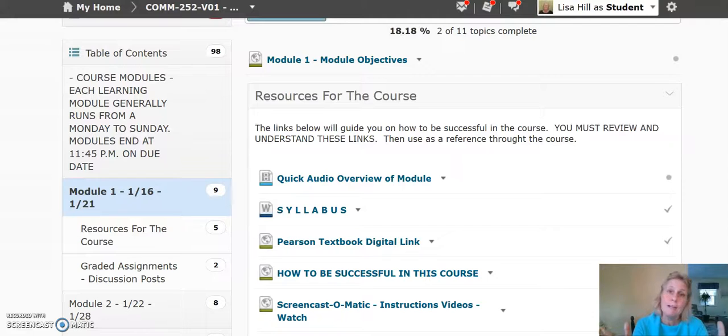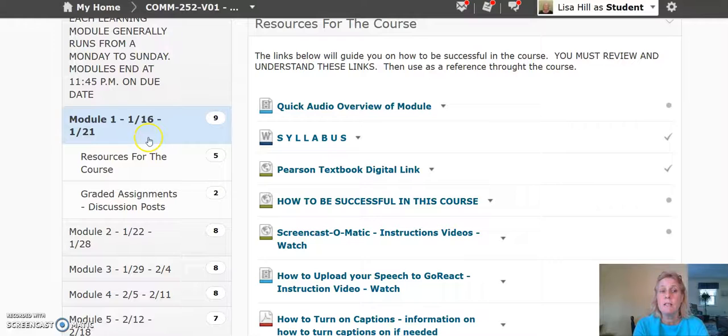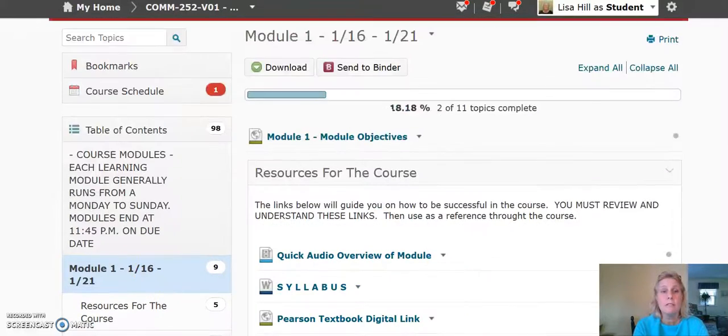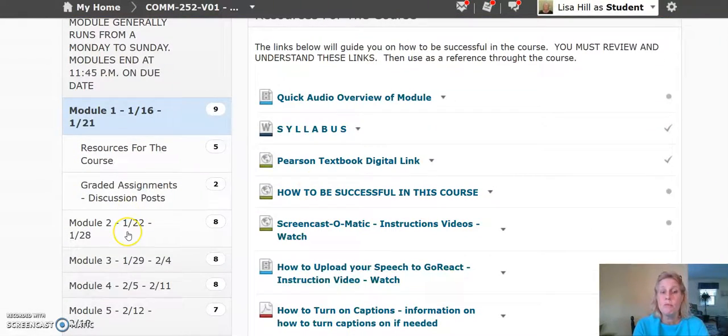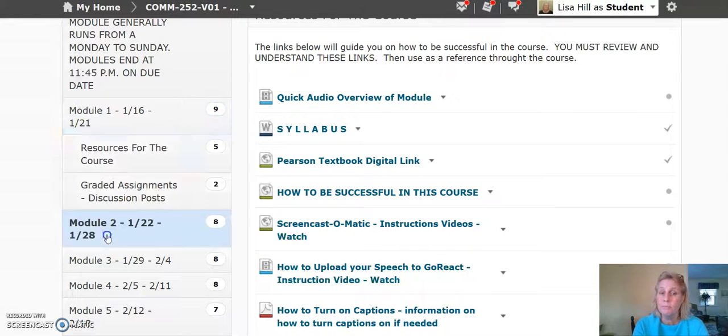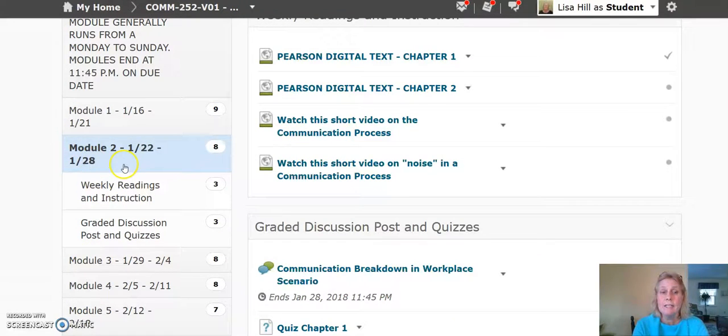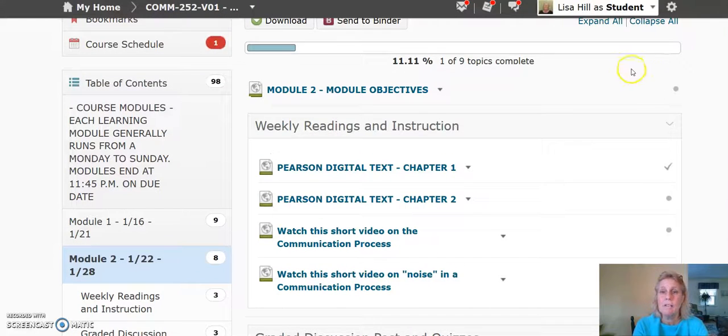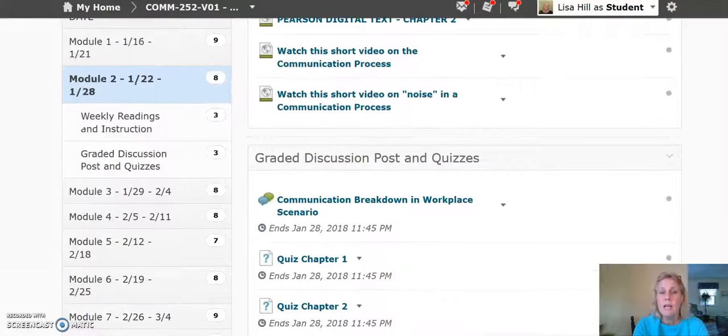The first resource one is just to get you acclimated to the course. So here we are in your content. Remember, we were in module 1. Remember, I told you how to click on the top. Let's look at module 2. You see the due dates here. 128 is the due date for module 2. And as you can see, the same setup: objectives, instruction, and then quizzes or discussion posts, which is your assessment